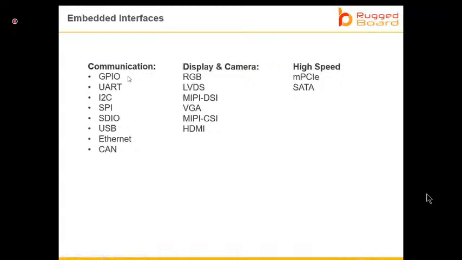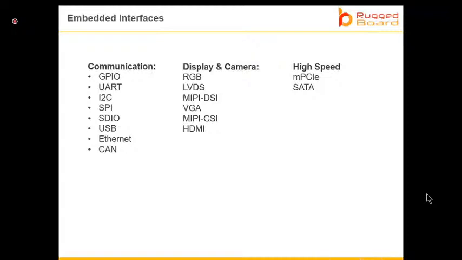When you are interfacing these two devices, the simplest form is that you pull out some lines from your processor or microcontroller and connect them to the device. It could be a sensor, it could be a display or so, and then you toggle these lines from your code to send some data, right?